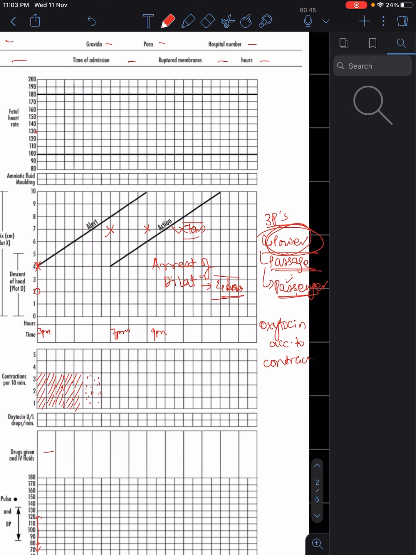Supposing there is another case scenario where progress has happened, but the baby's head is at 0 station and it is still at 0 station, and after 2 hours it is still at 0 station. Then what will